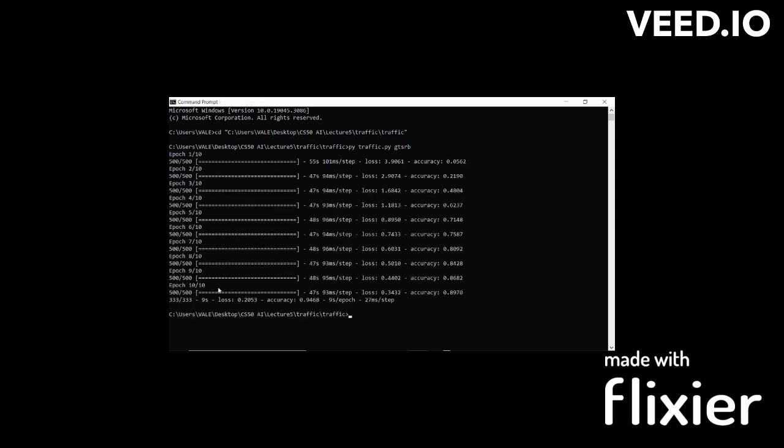So now our AI is done training, and as you can see here, the final accuracy of the AI was over 94%. What this means is our AI was able to recognize 94% of the traffic signs in the dataset. If you ask me, that's actually better than